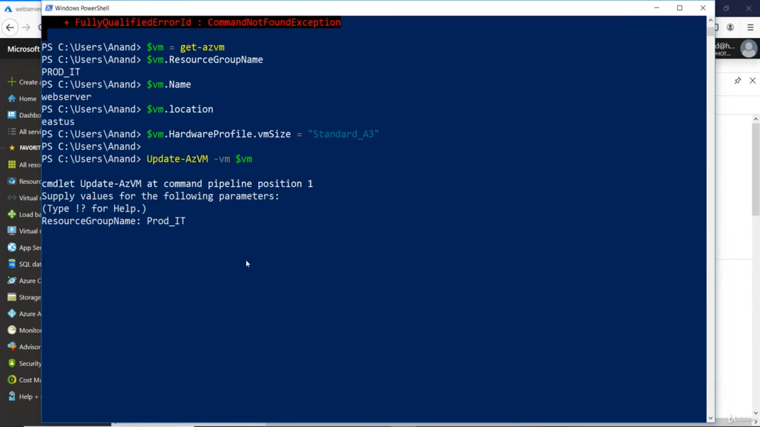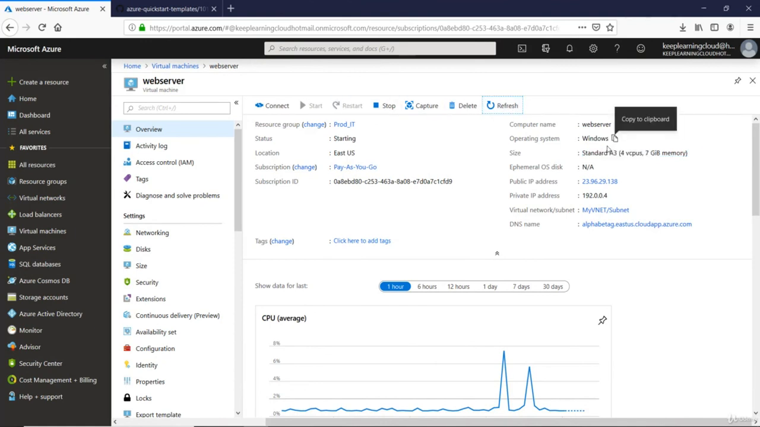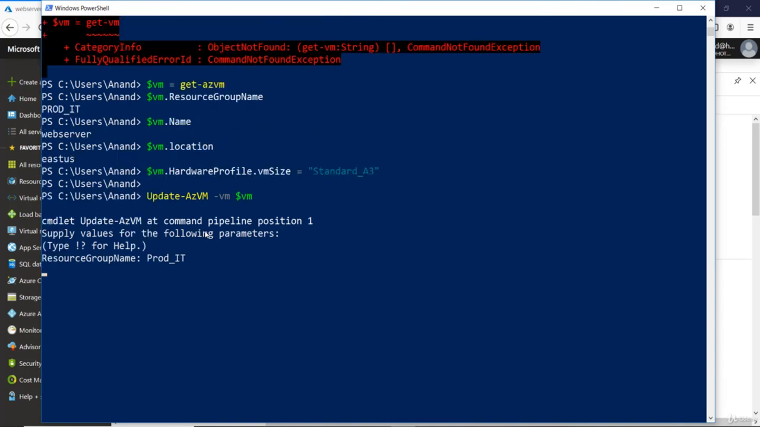Just wait for a minute for the VM size to get updated. I'll go back to the UI and see what's going on here. This should change to A3. The click of a button, standard A3. So if you have this part scripted somewhere in your repository, you can quickly change the attributes from standard A3